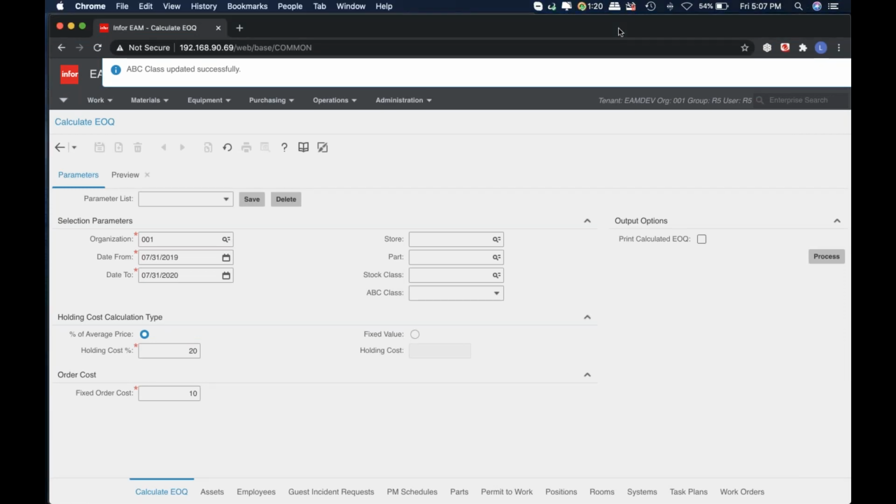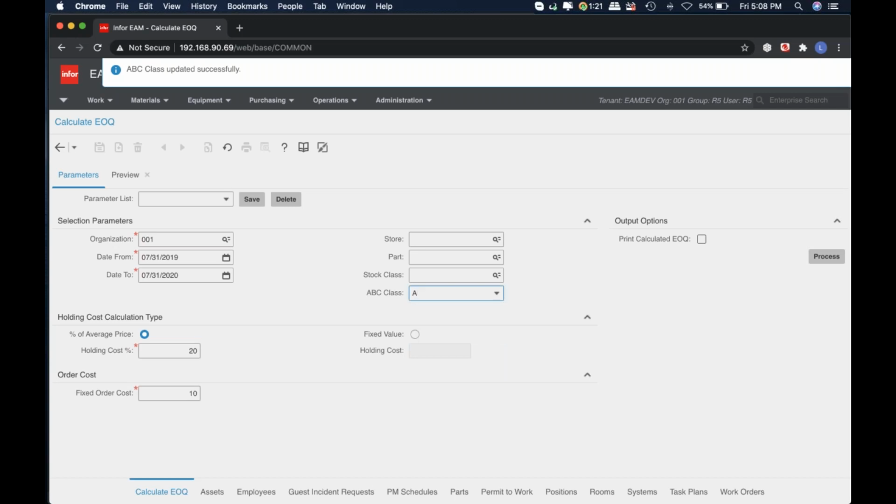So in a sense, it looks at your ABC class. That's one option to use the system to calculate that economic order quantity. We have stock class, like we said. It can be specifically for one item, or specifically for one warehouse, or include every single warehouse in there. In this case, we're just going to go into the actual ABC class. So we're gonna select